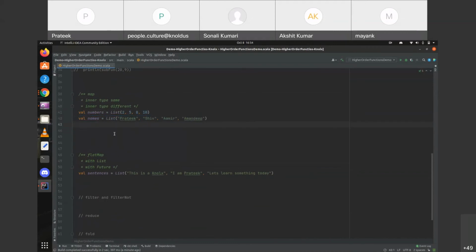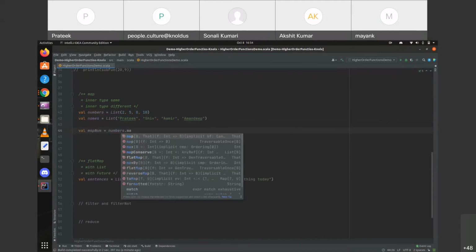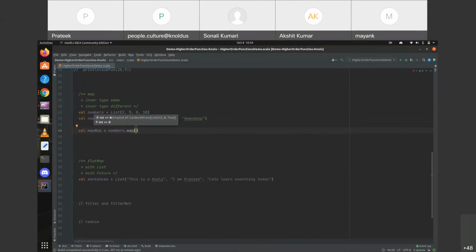So let's call the map function on each of them. Let's say val mapNum, so numbers dot map, and we'll simply increment each of the numbers by one.